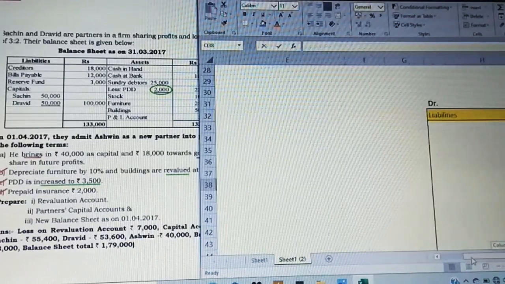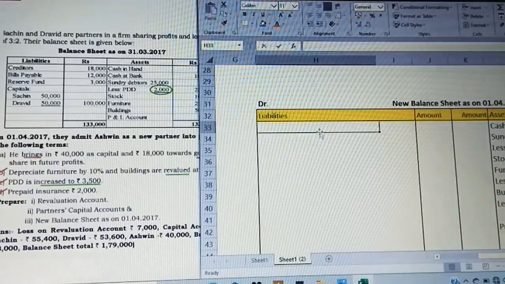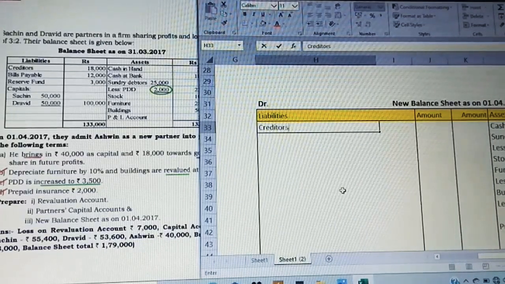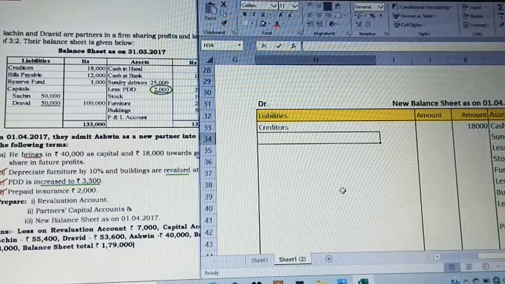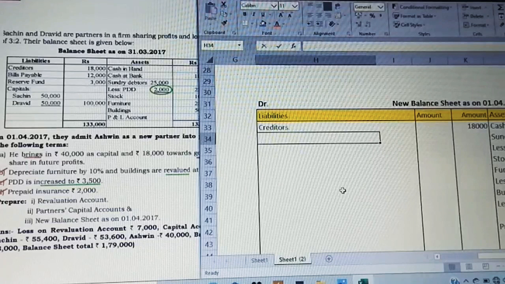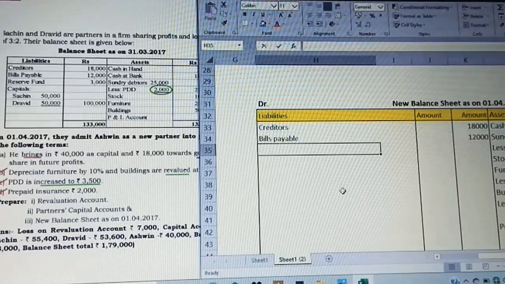Now let us move on to the liability side of the balance sheet and concentrate now. So on the liability side, we have first item as creditors in the question. So creditors, no adjustment. I'm going to take it directly in the outer column, 18,000. Next we have bills payable. Again we have no adjustment, so I'm going to take it directly in the outer column. Two items are taken. Now apart from that, capitals,